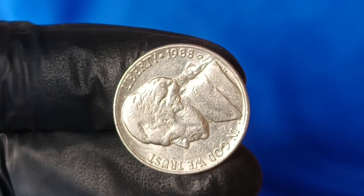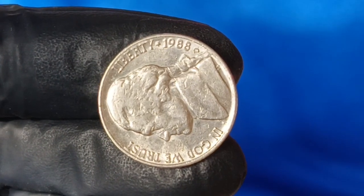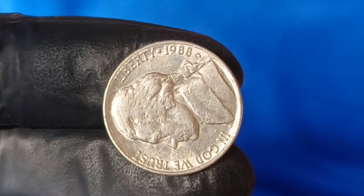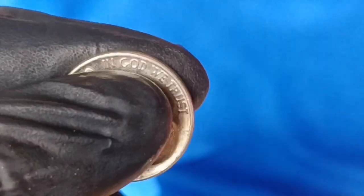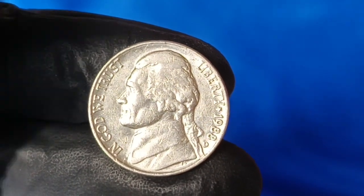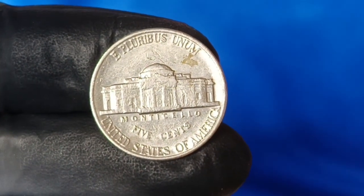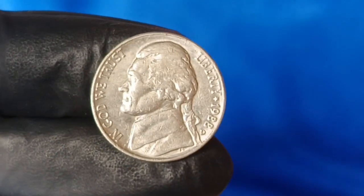Clipped planchet errors, where the coin is struck on an incompletely cut blank, resulting in a curved or missing edge, are also collectible, with values ranging from $100 to $500 depending on the clip size and the coin's condition. A particularly dramatic clipped planchet on a 1988 nickel, especially if paired with another error like full steps, could command a significant premium. Another intriguing possibility is a 1988 nickel struck on the wrong planchet, such as a dime or